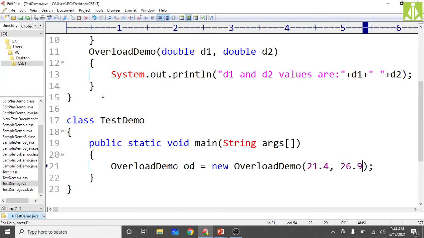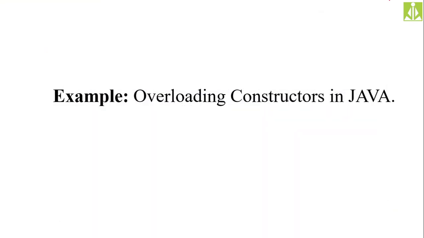In this way you can execute your constructor overloading concept. Very simple concepts: method overloading, constructor overloading, and these two are important concepts for your external exams. There is one more concept along with overloading. They will also ask about overriding, that we will see in the inheritance concept. Maybe in our upcoming class we will discuss inheritance. Over there we will see how we can override the methods. So it is also a very simple concept.